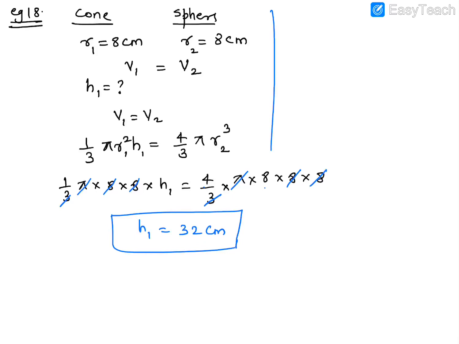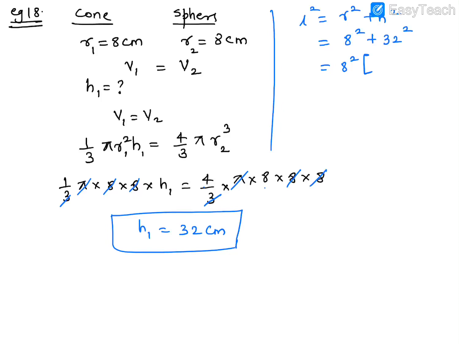So how do you find the slant height of the cone? So what's the formula of slant height? L squared is equal to r squared plus h squared. So r is equal to 8, so 8 squared plus 32 squared. So again, the calculations are very easy if you're using a calculator. Otherwise, they're going to get a little tougher. So how to simplify your calculations?